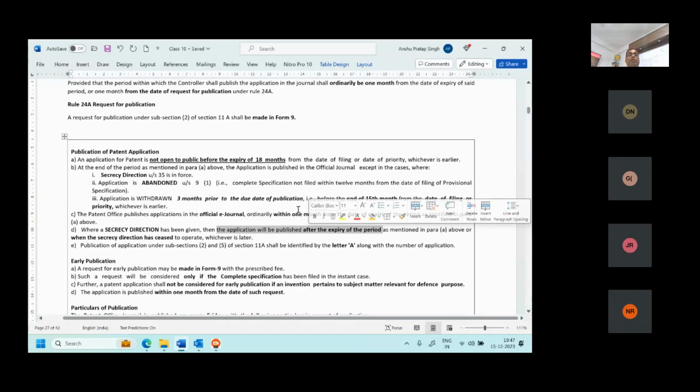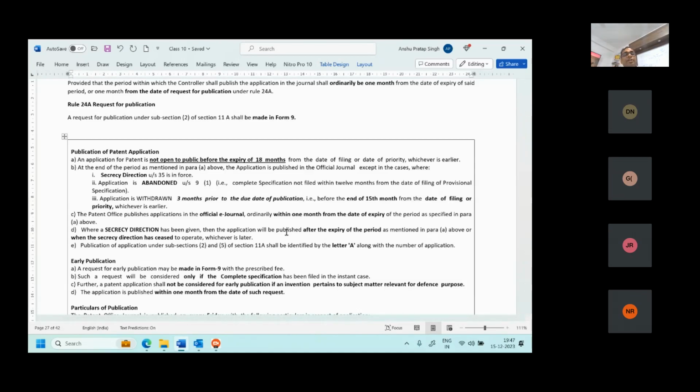So if there is a secrecy direction and 18 months has passed and the secrecy direction continues, then when the secrecy direction has ceased to operate, the later date will be taken. If it ceases before, then publication is within 18 months; otherwise, after the expiry of the secrecy direction. Then comes publication of application under section 225, which shall be identified by the letter A. We have already discussed that the application number starts with A, then 2004,